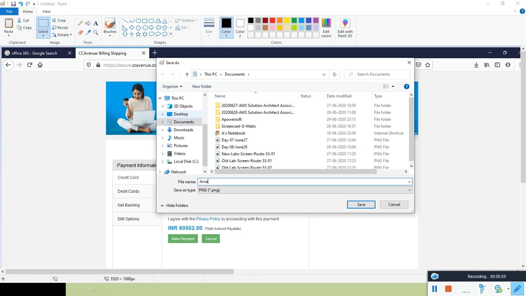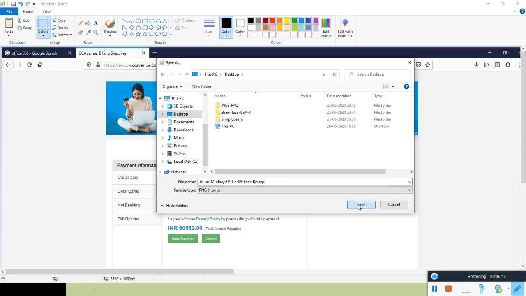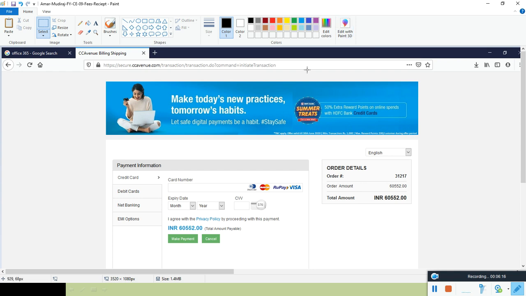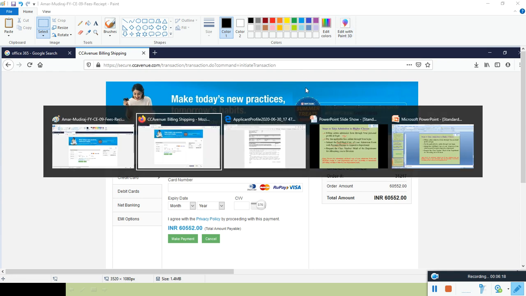So let's say my name is Amar Mudiraj, and my roll number is 09, FYCE. So this is my fees receipt. I am going to save it, and now you are ready to take admission.